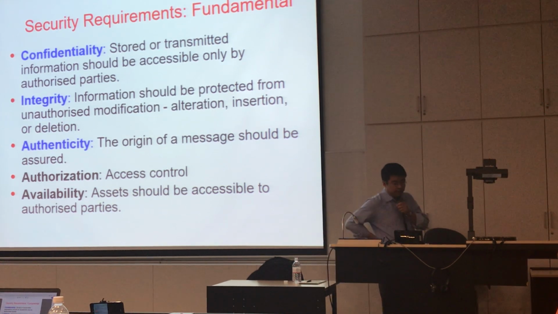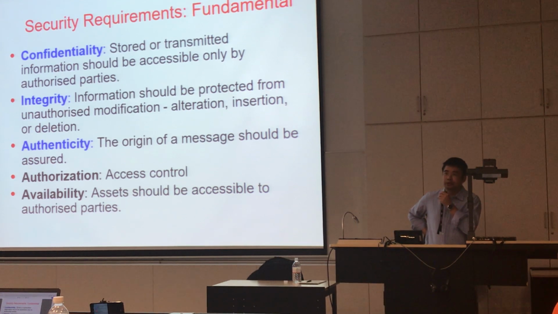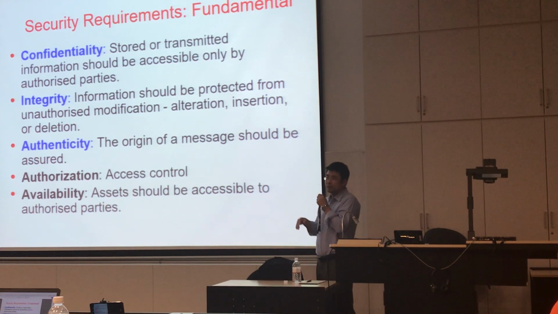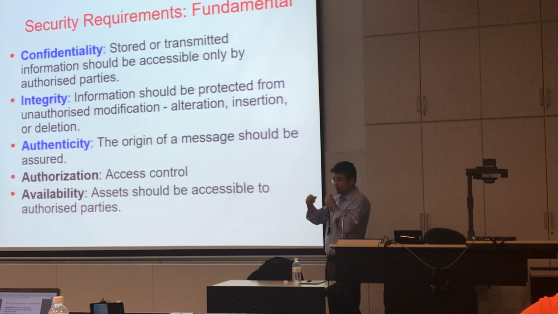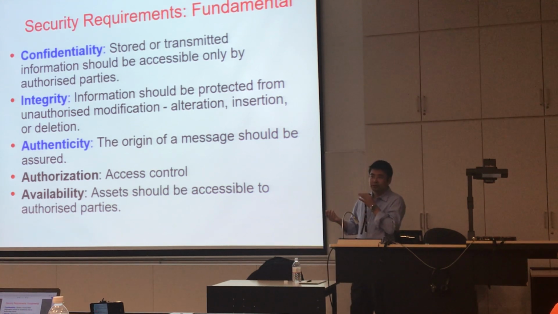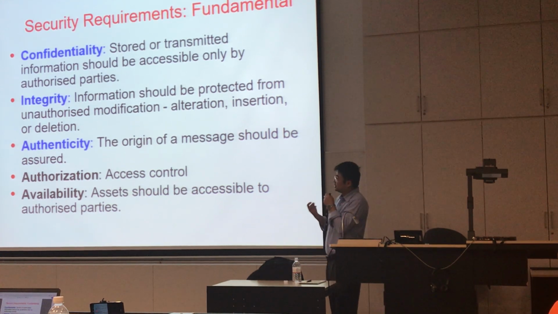Alright, so the CIA, C stands for confidentiality or secrecy. This is the most fundamental one. For example, even 2,000 years ago, when Julius Caesar invented the Caesar cipher, it was to protect confidentiality. When I want to deliver a command to the soldiers or to another commander, I need to use an encryption mechanism, for example, to protect the confidentiality, so that even if someone intercepts this message, they cannot read it. They don't understand what the message means. So this is to protect the secrecy of the message.